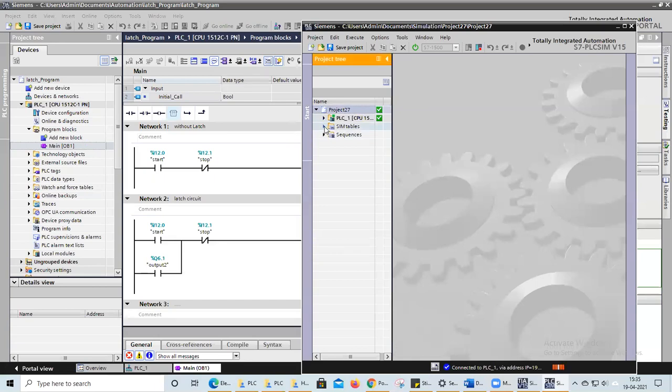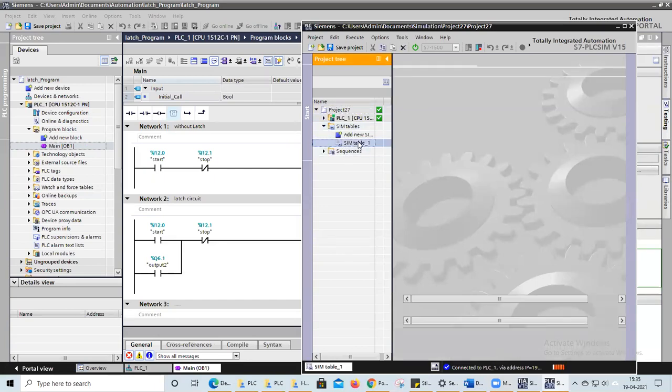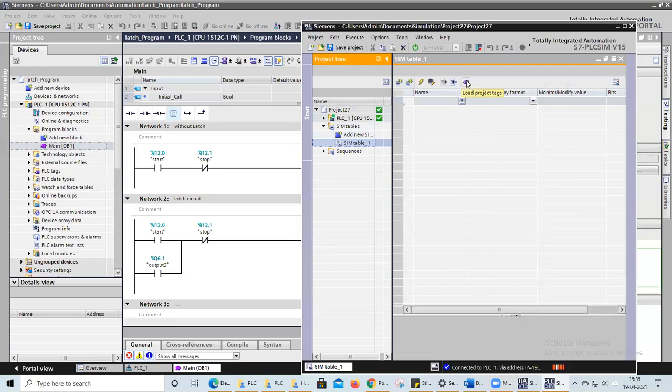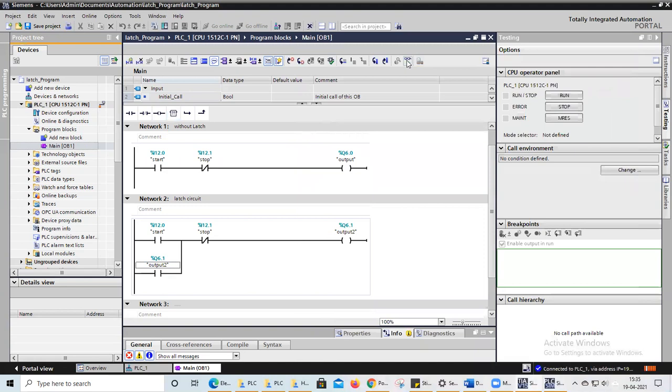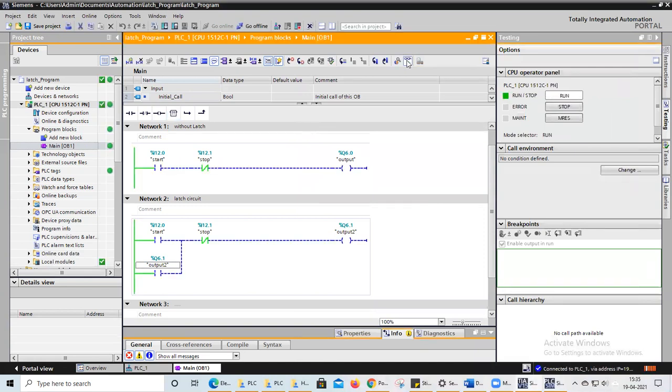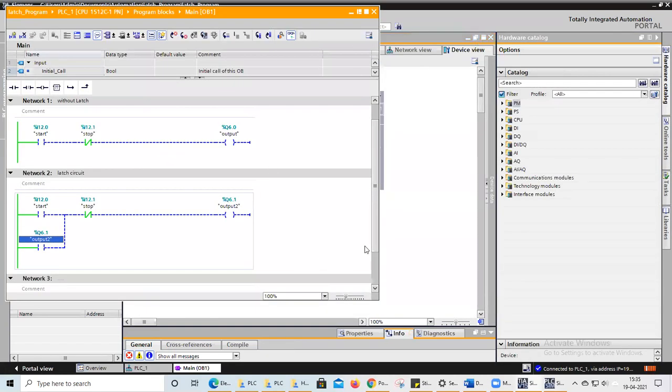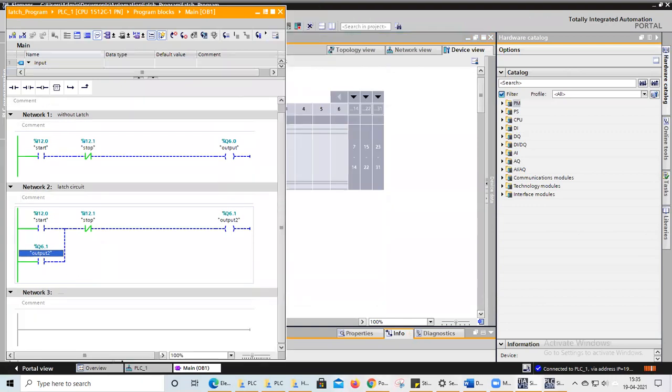Go to the sim tables, and in sim tables we click on sim tables and load project tags. Okay, here output 2 has come, you can see it. Now just go to the options here, you can see it. You click on this one. As this is German software, some of the things look different here. And even though the English is like our English, it is somewhat different. You can observe in the help options that it is somewhat different. We need to understand.